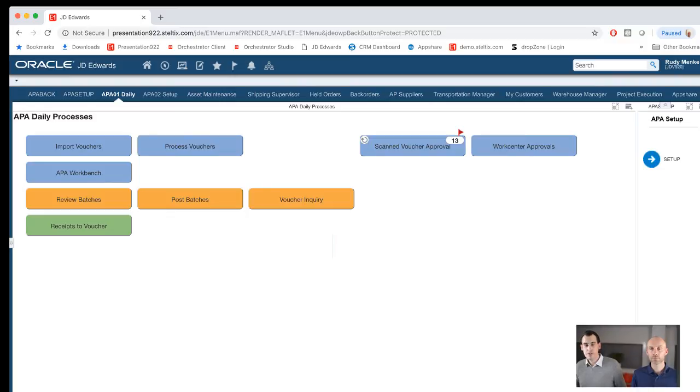Once you have errors, the first thing you do in the morning is check, do I have errors? And if yes, click on it and see which errors there are. Yes, in the workbench, you have to click in the workbench. From the workbench you process any voucher that you get if there's an error, and if you don't process them automatically, of course. I hope that answers your question. If not, please let us know.